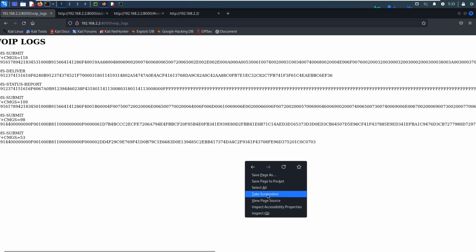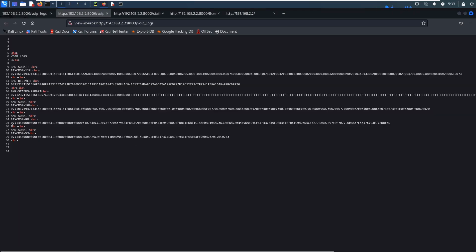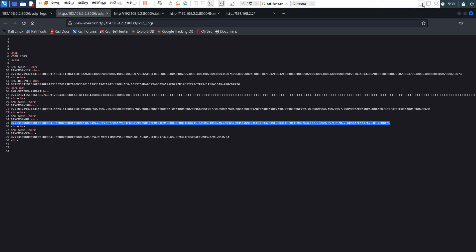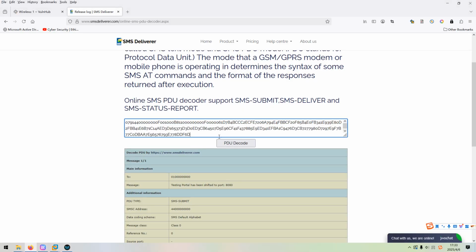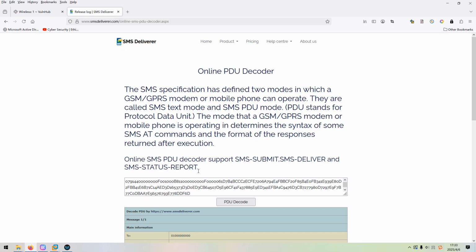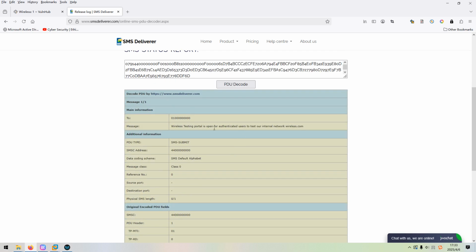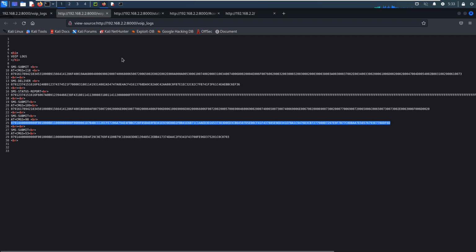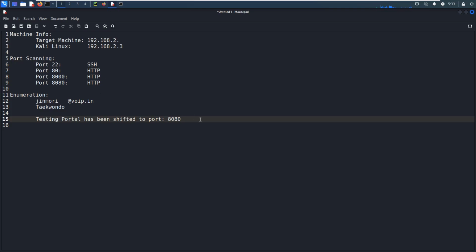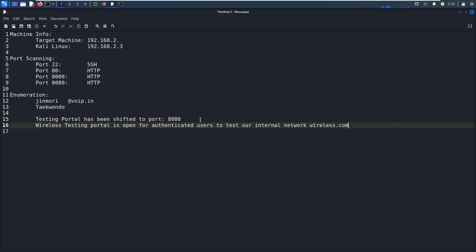maybe I can view page source, and this would be easier for us to copy the data. We can copy and paste over here, decode. So this is the PTU decoder, and so wireless we can copy and we can paste over here because this is the information we gathered during the penetration. Okay,